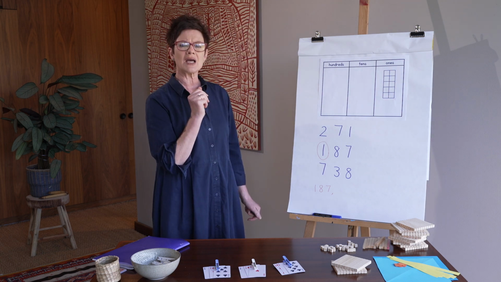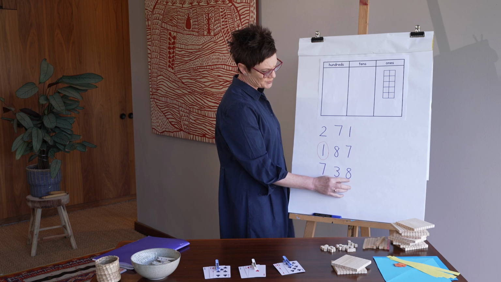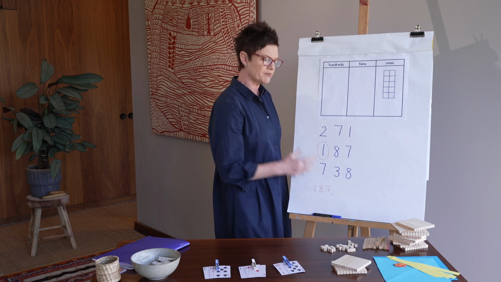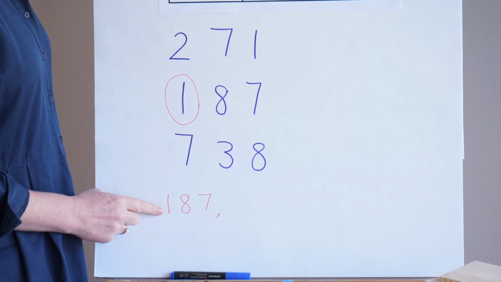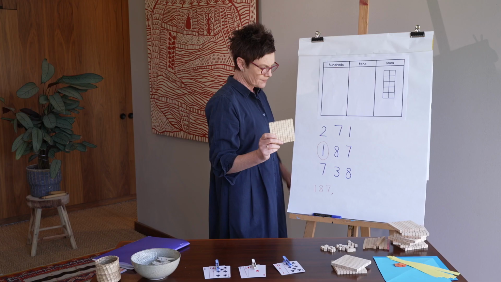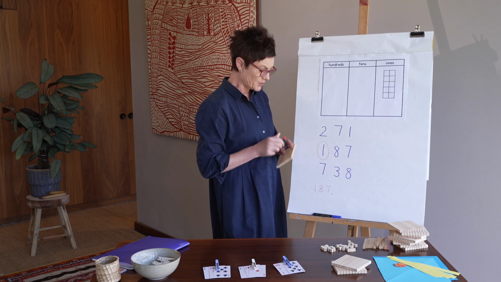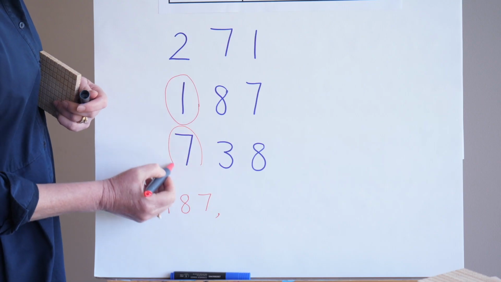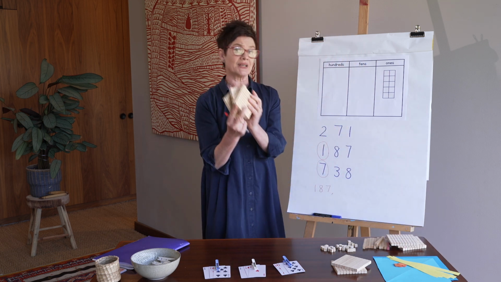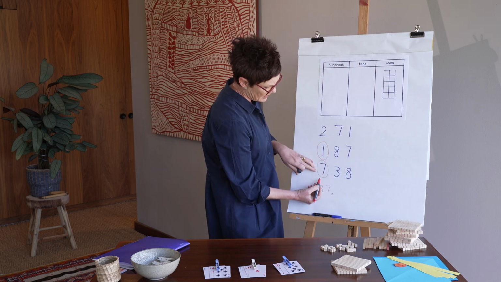Well, which one would be my largest number? I don't want to get confused with some big numbers in my 1s and 10s. I'm still looking for my big hundreds. So I know that this number, my smallest number, has 1 of these hundreds. My biggest number will be 7. 7 of these. It looks like this. 7 of these. It's a big number. Okay, so I'm going to write my largest number,